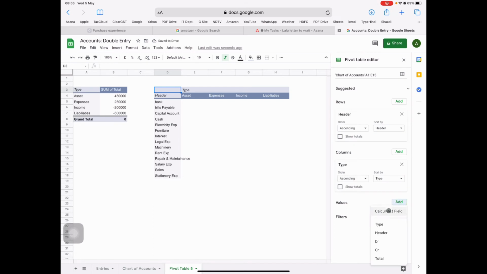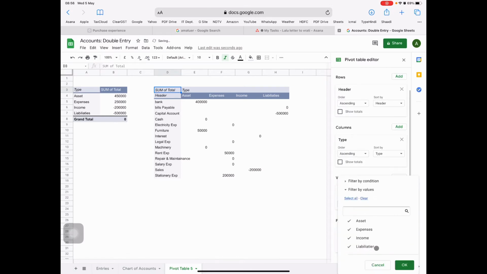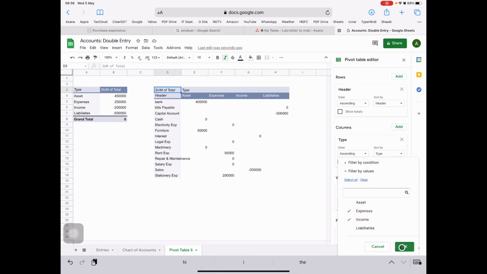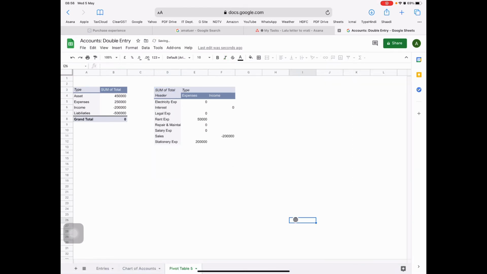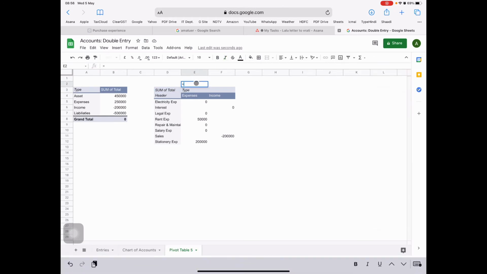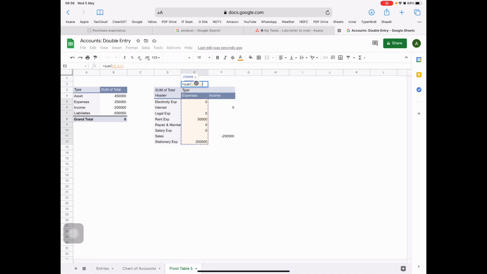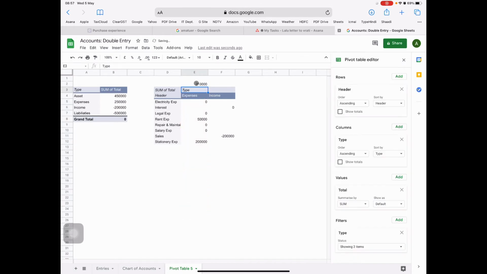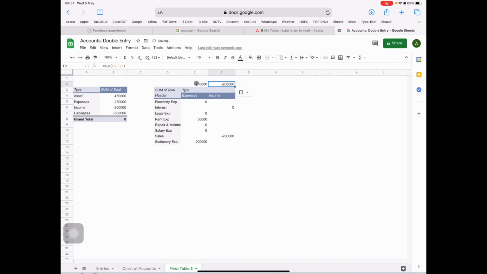Okay, you can see that it's been done, but we need to calculate the total of debits and total of credits. So the total of expenses is using the sum formula. In the same way, I am using the sum formula again. Here I am just putting an if formula to find out if it's profit or loss. If our expenses are greater than our income, then it is loss, and vice versa.